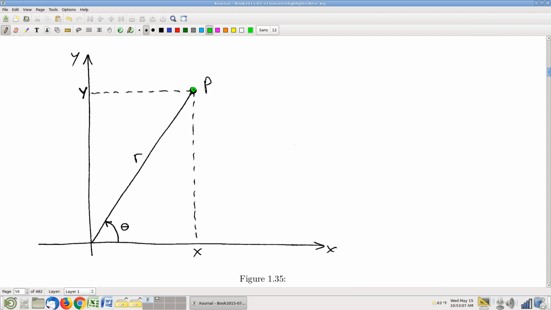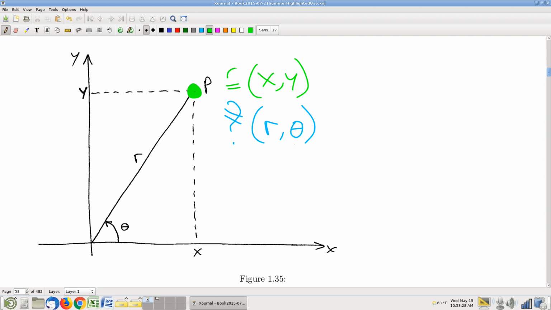This point could be described as x comma y, but it also, I suppose, could be described as r comma theta. And there is sort of, I'm going to say, question mark here,